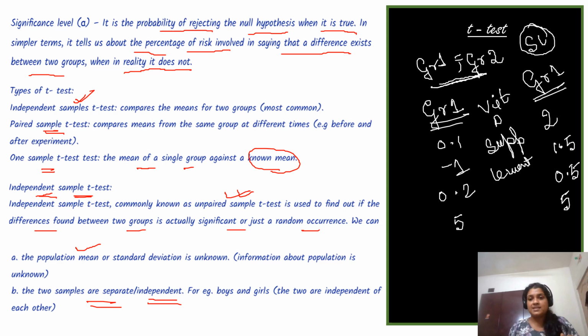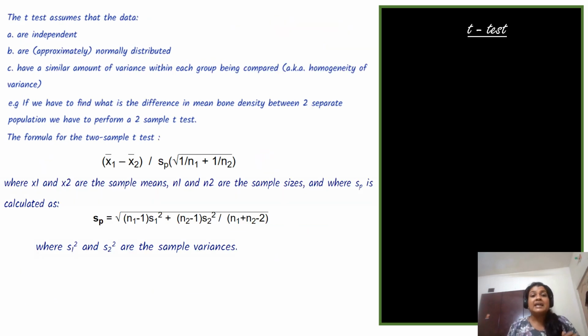Okay, so now let us come. A few assumptions are there in the t-test. As we know, in statistics there are certain assumptions. So here also there are certain assumptions: that the data are independent, that is, they are not dependent on each other. For example, if one person has a bone density of 0.5, it won't affect the bone density of another person having one value. So they are independent and they should be normally distributed,